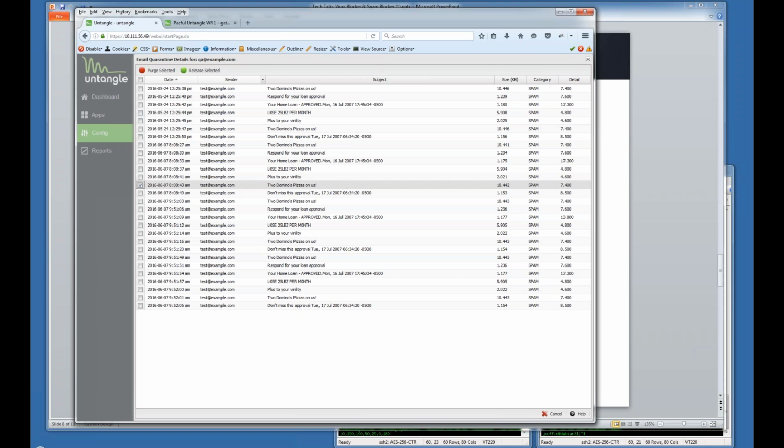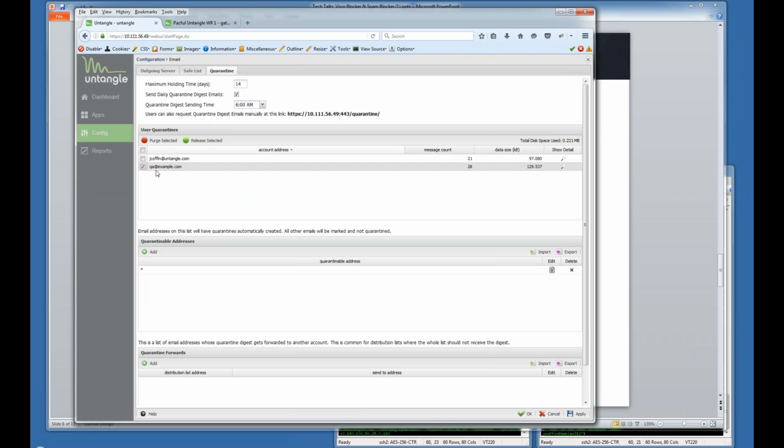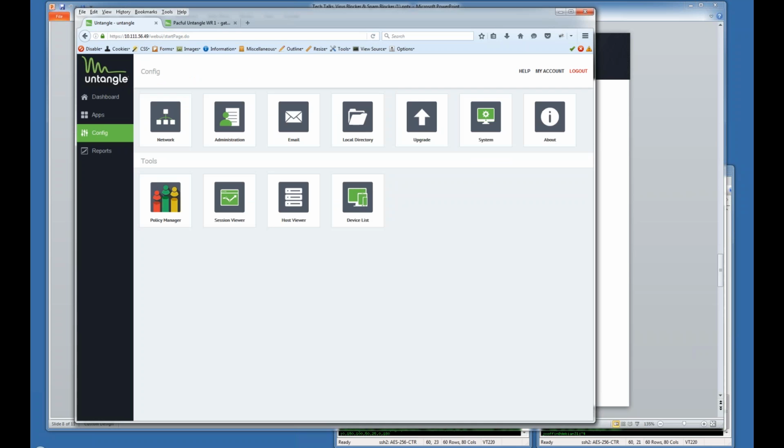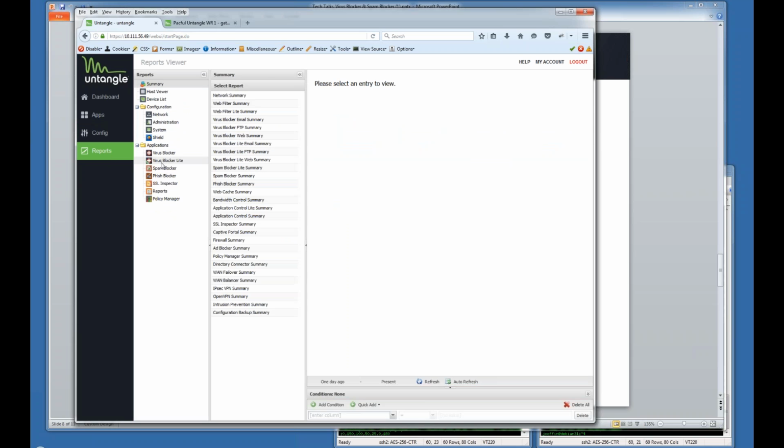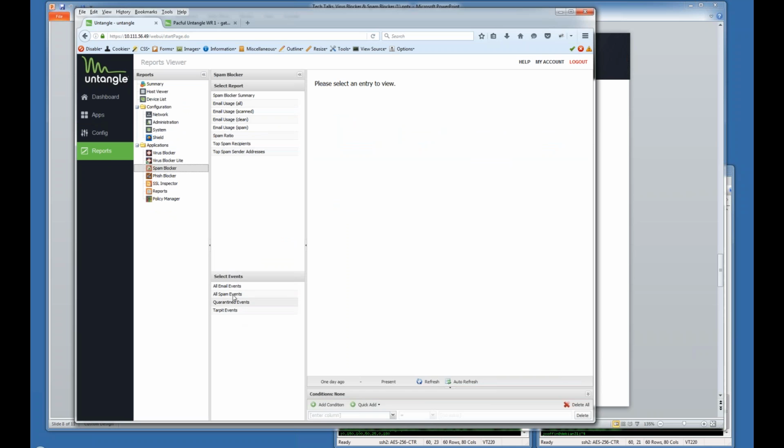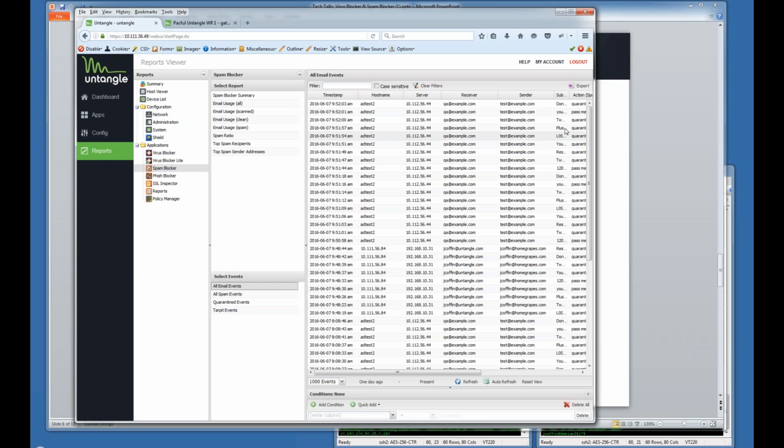There was one question about where the logs are stored on Untangle. All the logs are stored on the Untangle itself. It's in the database. You can download it. There are two ways you can download that. If I go to, let's say, all my events, I can either export them right here,